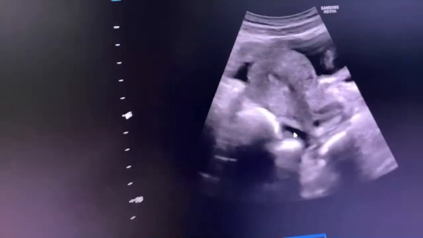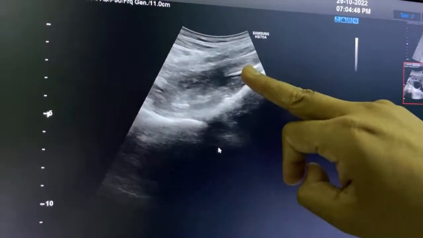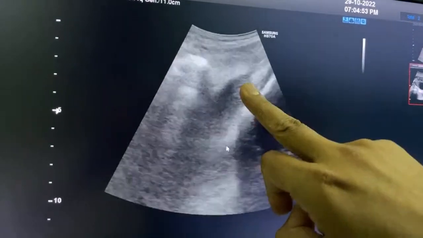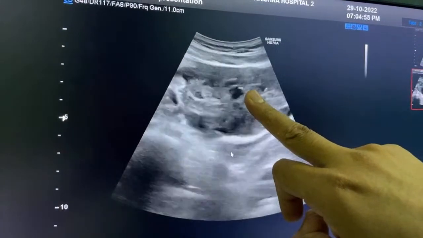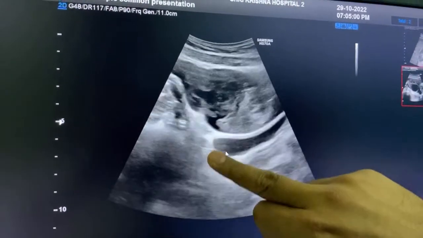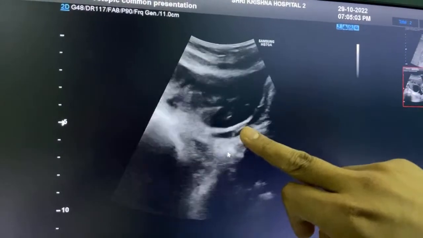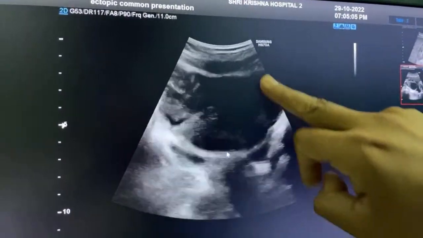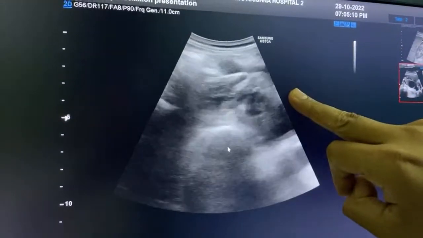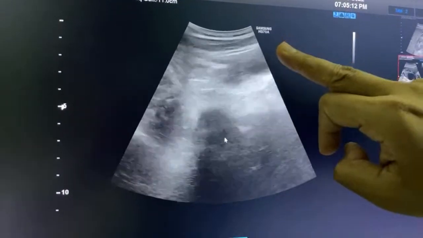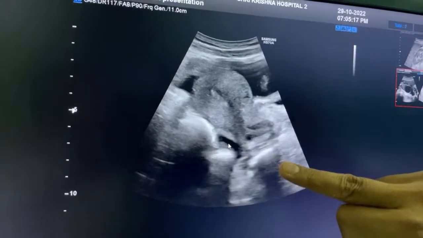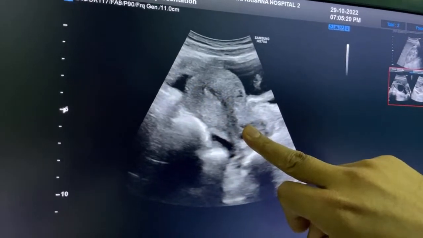See again, this is the transabdominal picture. I am seeing the free fluid and this heterogeneous collection around this ovary, heterogeneous, mainly echogenic. If you see carefully, again the hemorrhagic cyst in this ovary. Again, heterogeneous, mainly echogenic mass around the ovary, echogenic turbid free fluid, and the fluid around it.